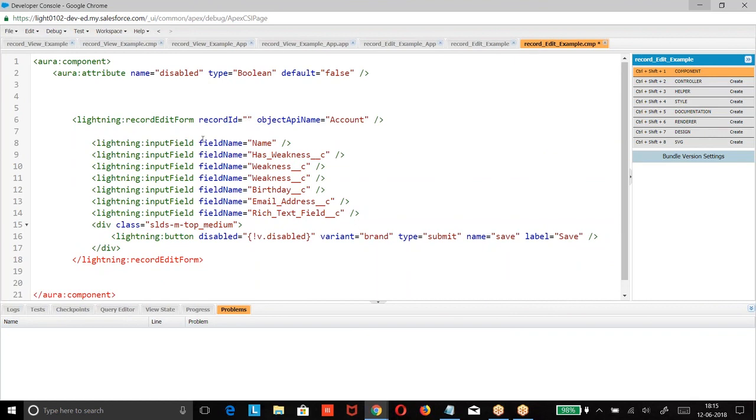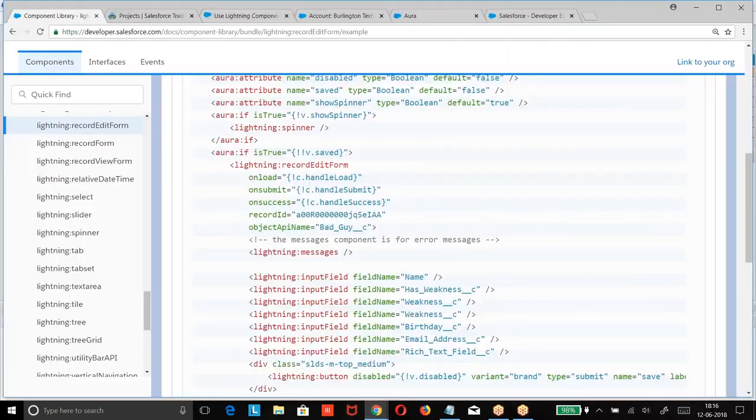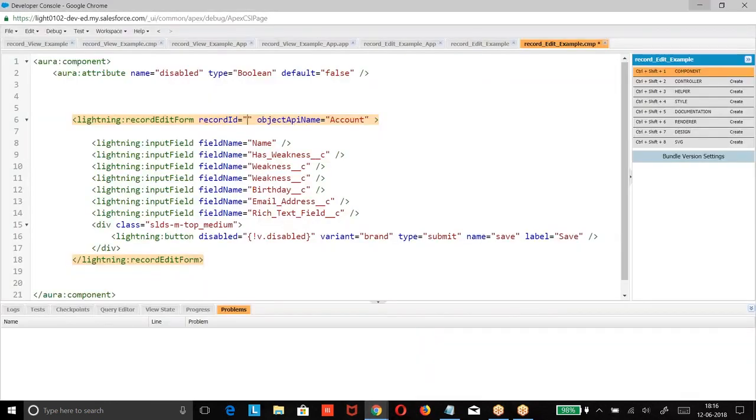Look at this: lightning record edit form, record ID, and we had object. Now what is the record ID? Let us take it without record ID and see what happens. Now field names, input field name, phone, and a section for me.